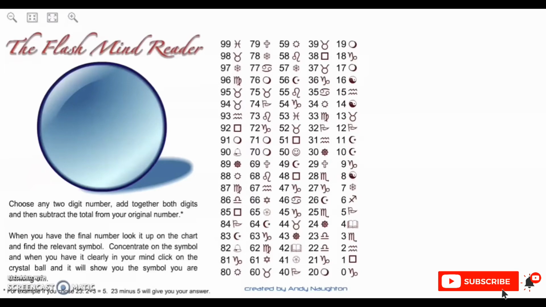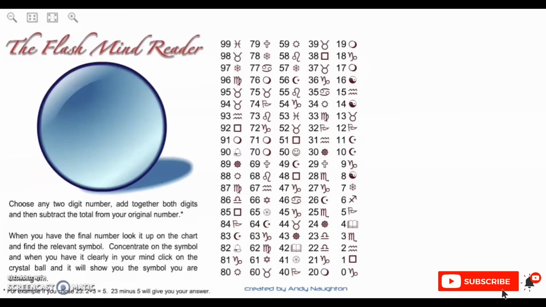Now, how do you play this game? Let us come to the procedure of the game. You have to take any two digit number, add the digits, then subtract that from the main number. Do you know, if you take any two digit number, add the digits and subtract that value from the original number, the result will always be a multiple of 9. You can see that. I will give you some examples.